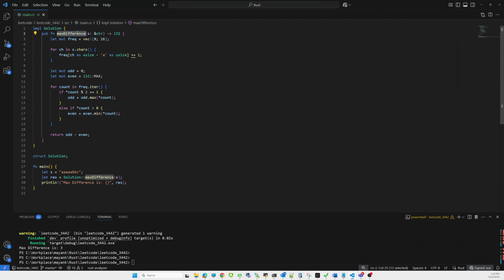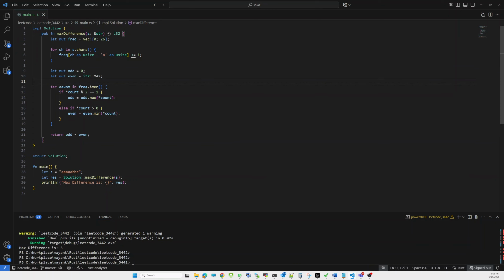So this is a function named max_difference, which has a parameter. What parameter does it have? A string. In C++ we define the data type on the left-hand side, and in Rust we define the data type on the right-hand side. So this parameter s is of type string, for that we'll use a reference of str.